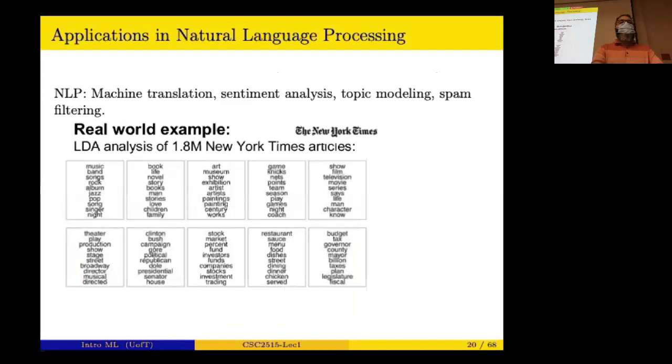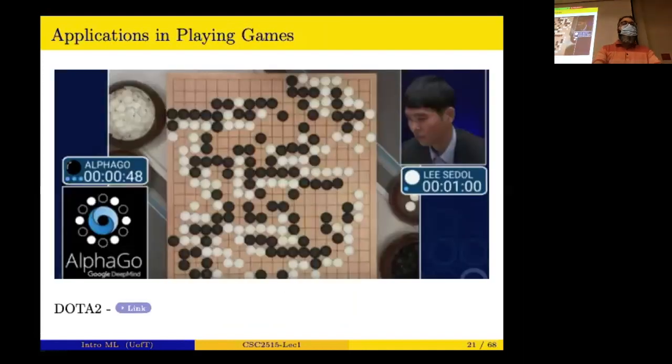In natural language processing, there is machine translation, or sentiment analysis, like deciding whether this text is happy or not. For example, a review posted on Amazon, whether it's a positive or negative review, not looking at the score but just the text. That's called sentiment analysis, or detecting spam. Many of these use machine learning, and also playing computer games. So AlphaGo is an example of using a reinforcement learning system to learn how to play the game of Go, which was considered to be a very complex problem for any AI system.